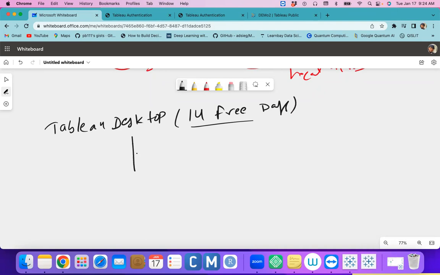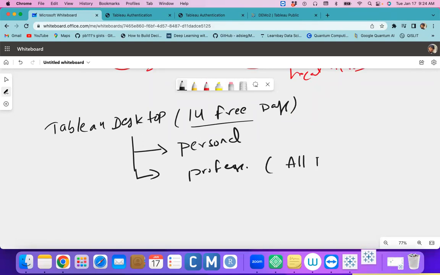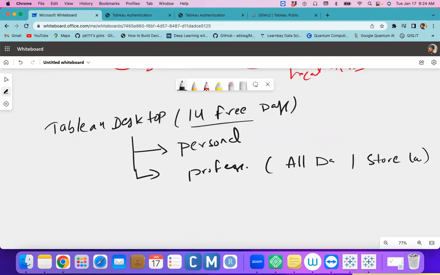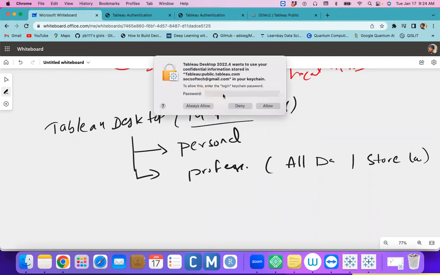But there are two versions in Tableau Desktop. One could be the personal version, the second one could be the professional version. And the professional version has all the database connections, and we can store the reports on your local machines, and we can publish wherever you want. Okay, clear or not? But when it comes to the personal,